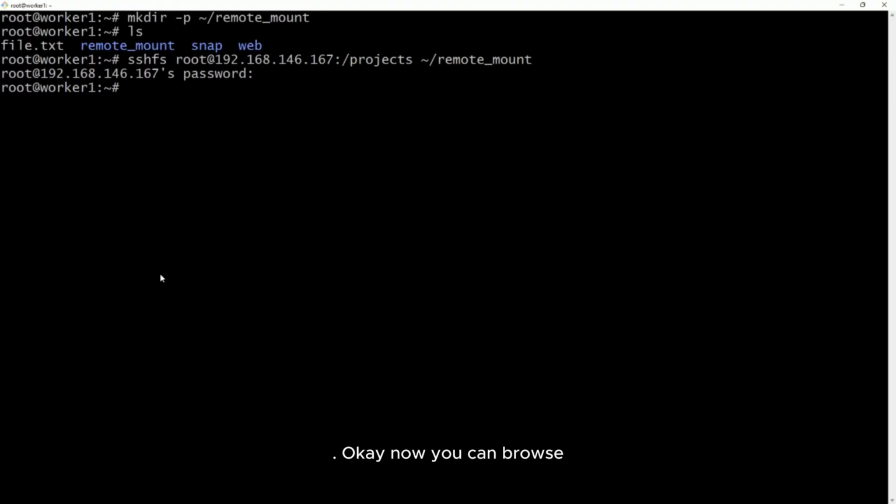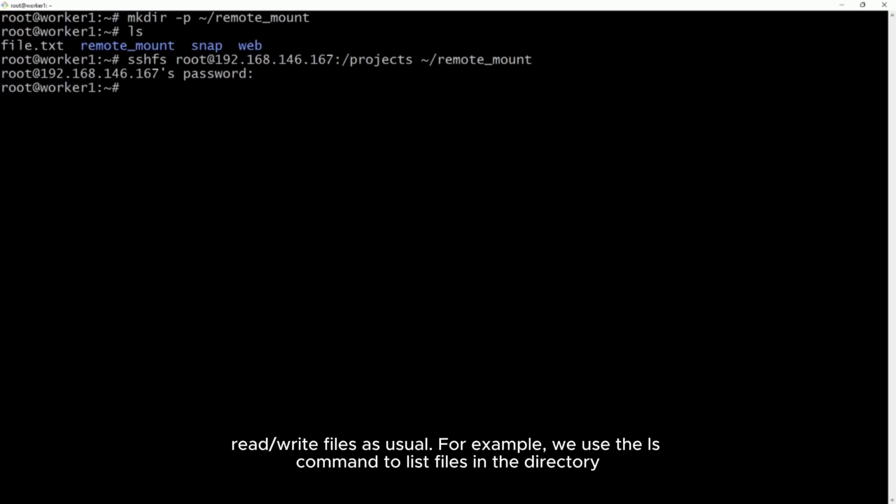Okay, now you can browse, read, write files as usual. For example, we use the ls command to list files in the directory.